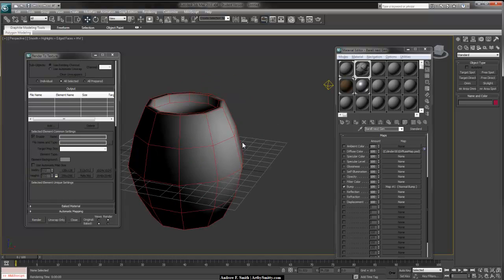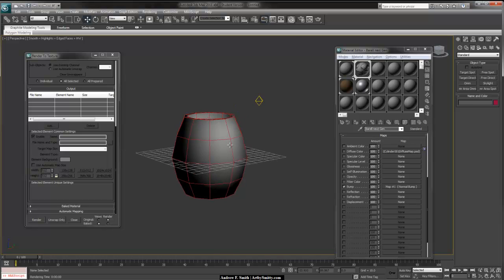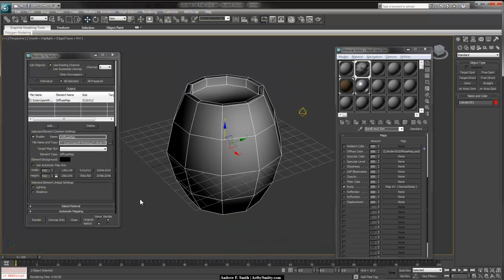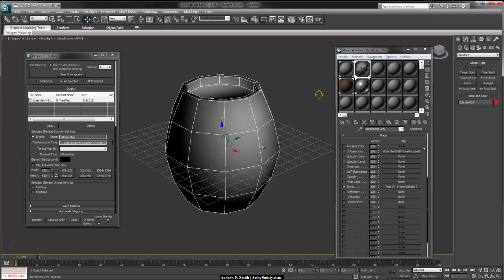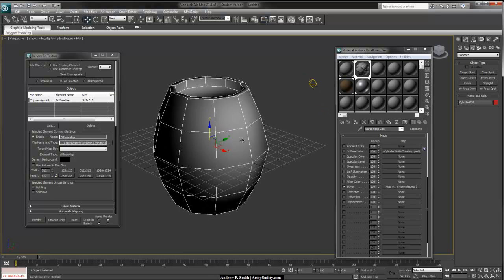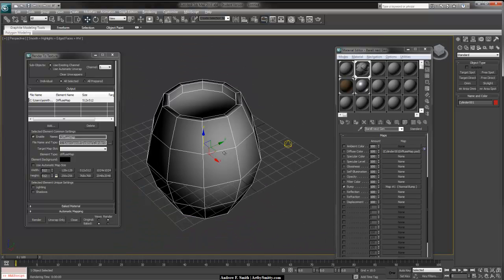So I hope you guys enjoyed this tutorial on creating a next-gen asset. Obviously I didn't take it all the way. The next steps would be having more time with my normal and my diffuse map in Photoshop, correcting them, and also creating a spec map where the wood would not have much specularity and the metal would have very sharp, very high specularity. So the spec on the wood would be almost black, and the spec on the metal would be almost white